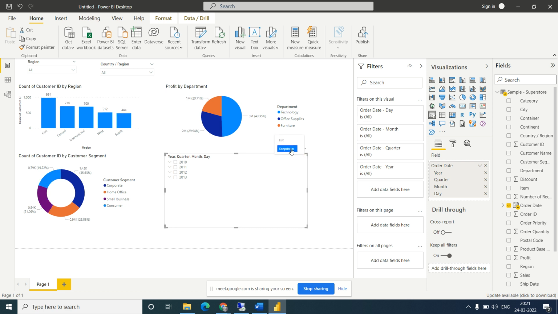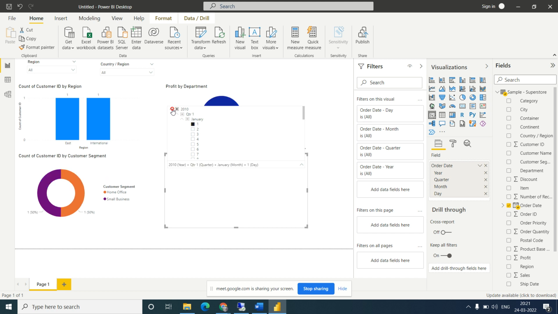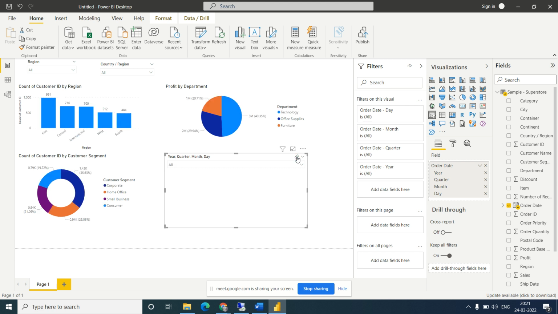Let's say if you take a drop down, it is still showing 2011. Then in quarter one there is a month, January. In January, what date do you want to select? That thing I actually don't want, right? I want a range. I want a range. So how to change it into the range?